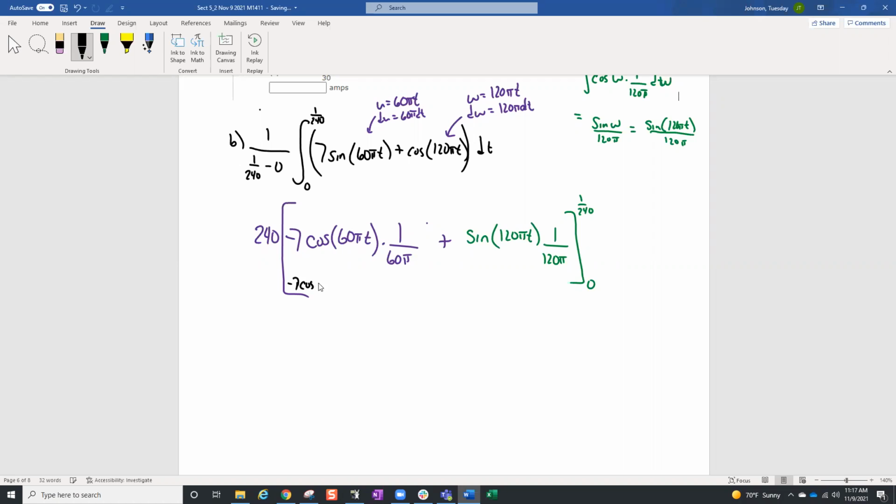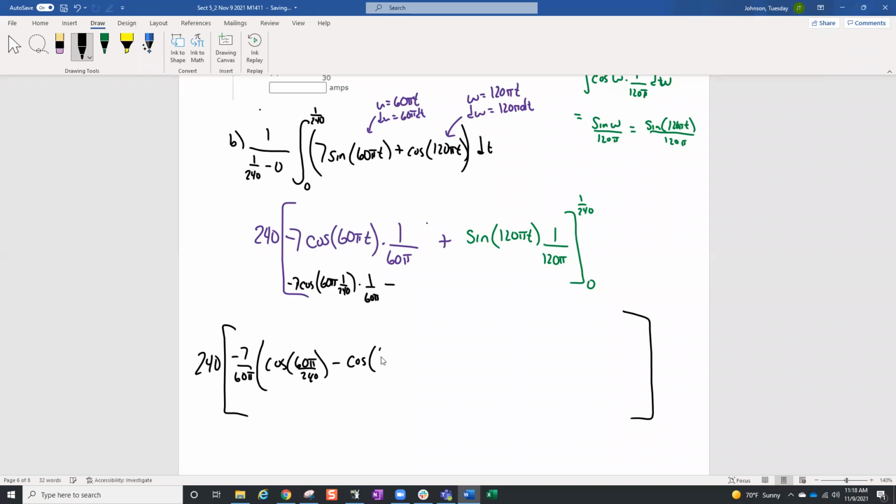So I'm going to try to write it small up here. Cosine of 60 pi times 1 over 240. That looks like GOT. I swear we're not back to Game of Thrones here. 1 over 240 times 1 over 60 pi minus, oh geez, 240. Massive blocks. All right. So this minus 7 in the 60 pi. And then I'm going to evaluate the cosine of 60 pi over 240 minus cosine of 6 pi